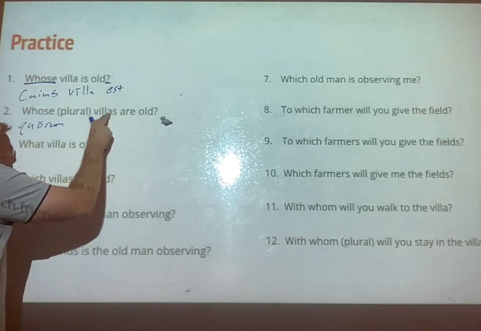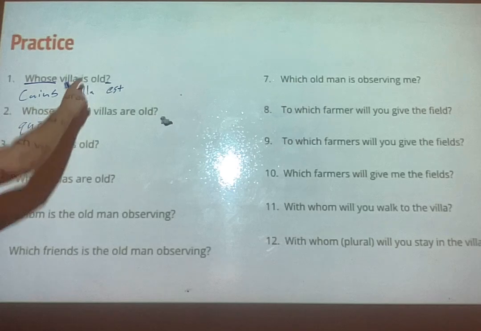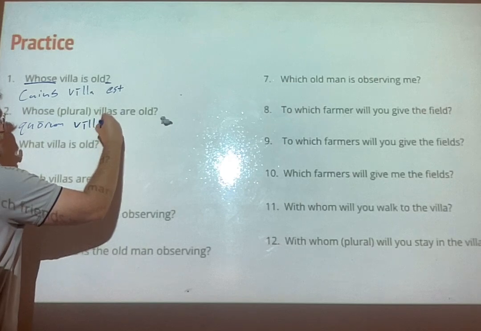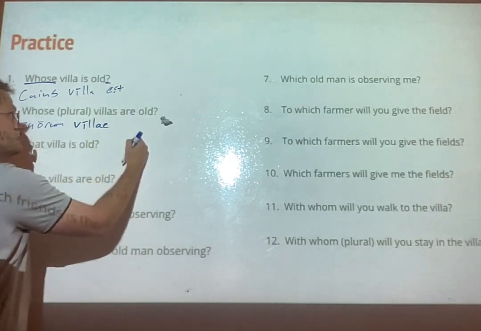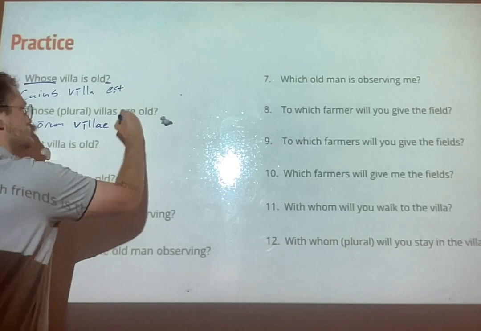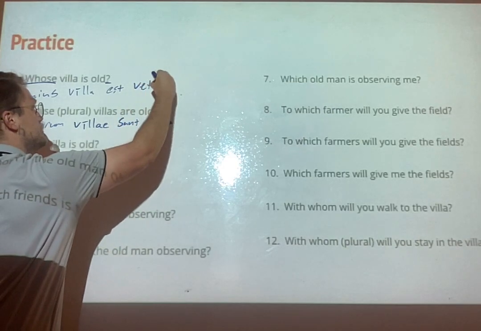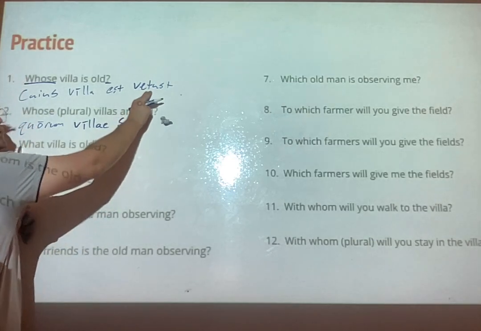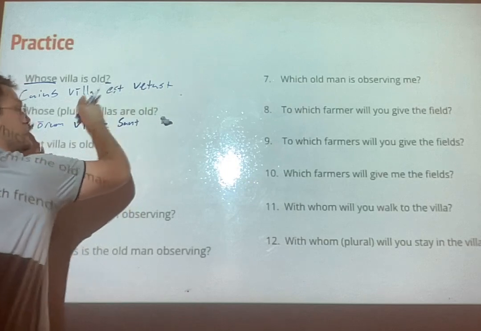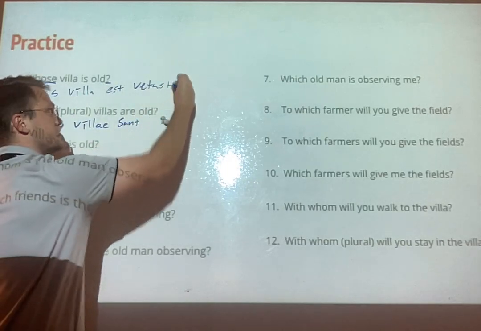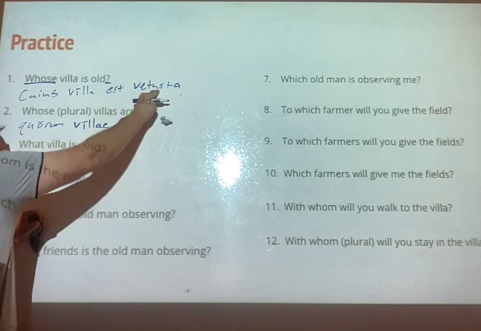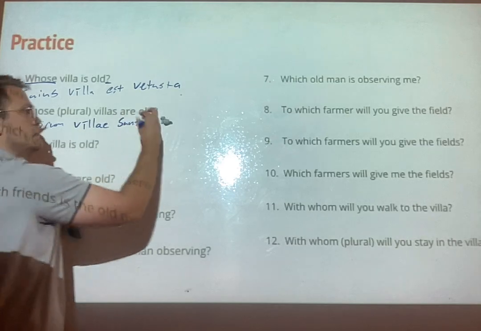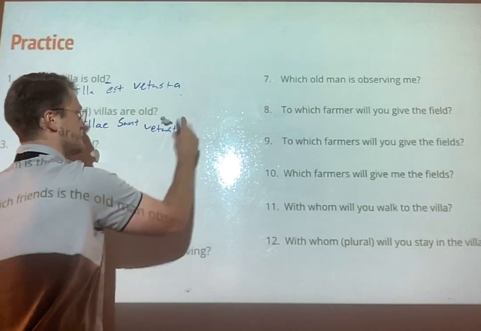But what's the subject noun of this sentence? Just like this one, the villa. Yeah, villa. But instead of it being villa, it's got to be villae in the plural. So that means that est needs to change as well. Sunt. Sorry, I never did this one. It would be what to match villae? What would it need to be? What to match villae? Vetustae? Sorry, I kind of made us go back to that so your brain wasn't ready. But it's an adjective, so it's got to match its noun. So what about here? If it's villae here, then villae sunt vetustae. There you go. It's a first and second declension adjective, so it just takes those endings.